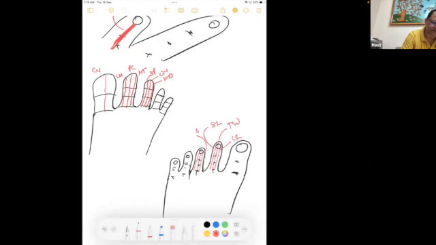Now, this is the stomach meridian and gallbladder meridian and the urinary bladder. जो हाथ में था वो पैर में है, and this is the governing vessel. Same concept need to follow. Got it? Okay, now